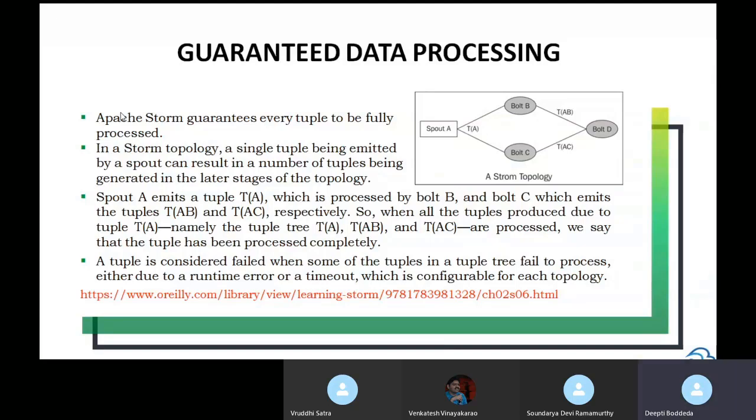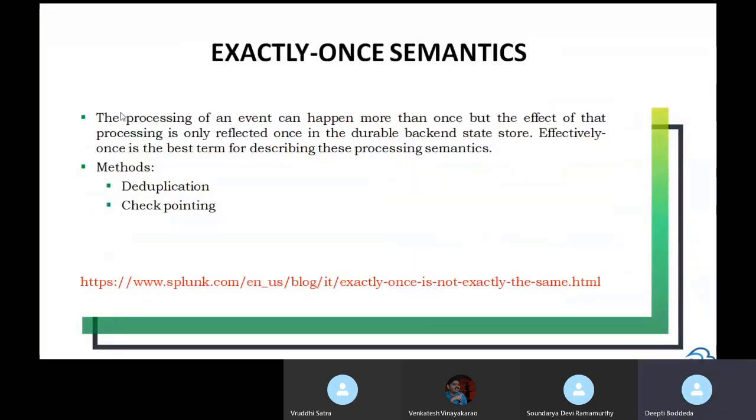So how do you know that? Once it is completely processed, an acknowledgement is sent to the spout from where the tuple started, and if it fails, the same is sent to the spout saying that it has failed, so that it has to run again. This guarantees that Storm will process the data at least once, but at least once doesn't